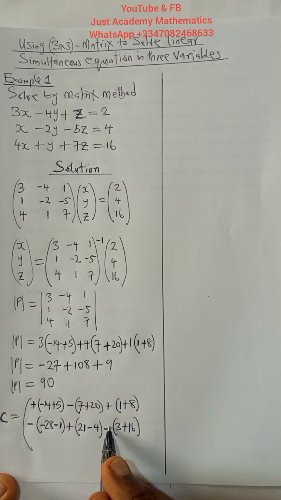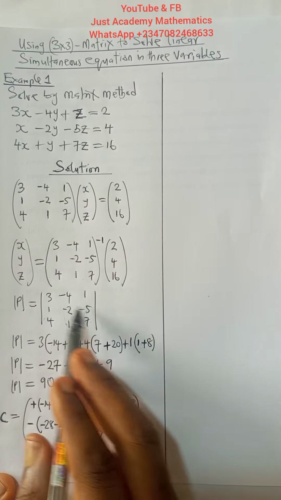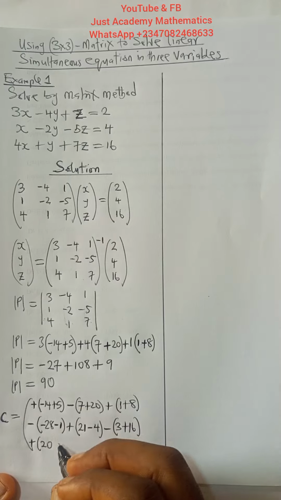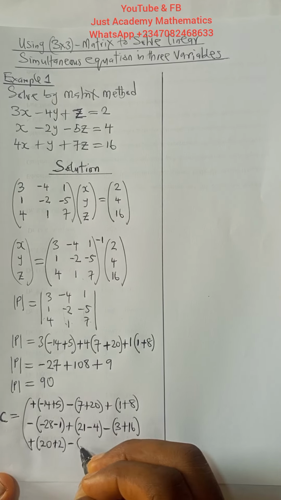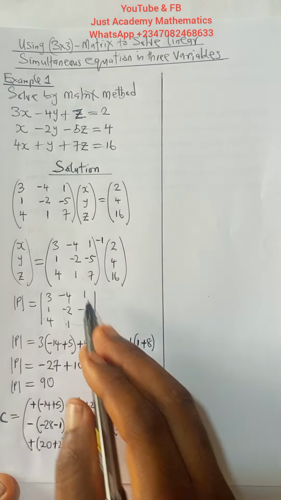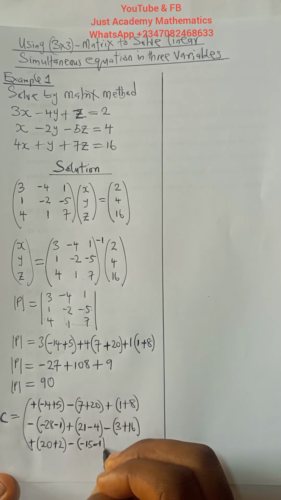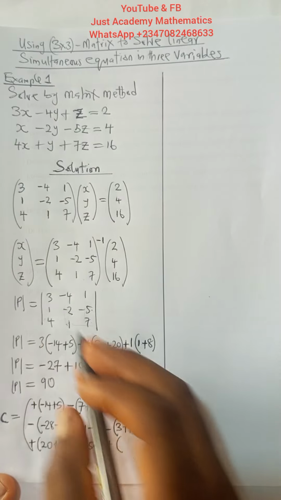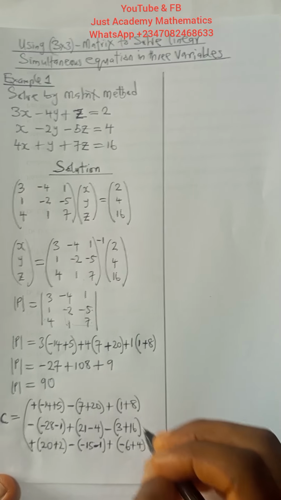So minus plus minus, then here is plus. So we are here, out. We have plus 20, positive 20, minus 2, that is plus 2. Then we have minus, we are here, out, minus 15, minus 1. So we'll finally have plus, here, out, minus 6. Minus 4 will give us plus 4. So these are the